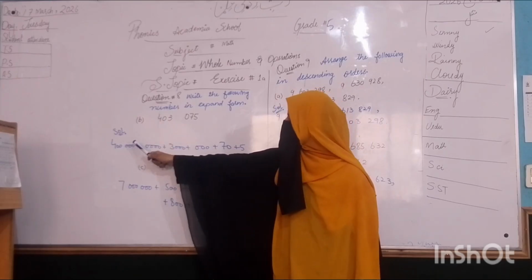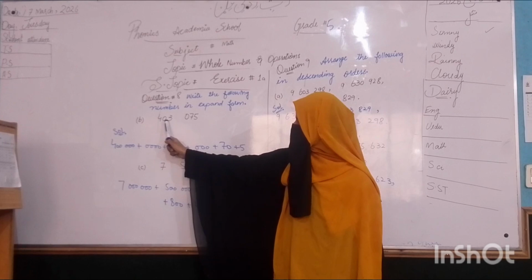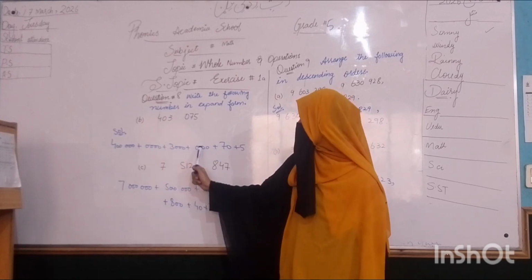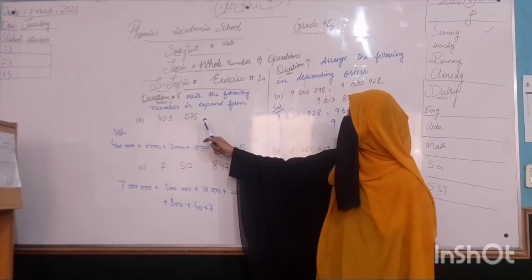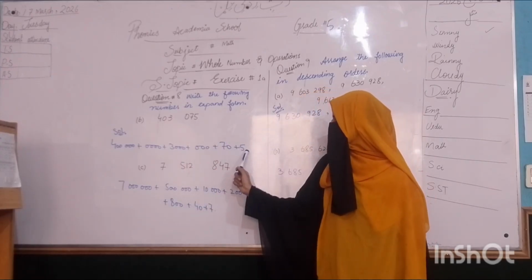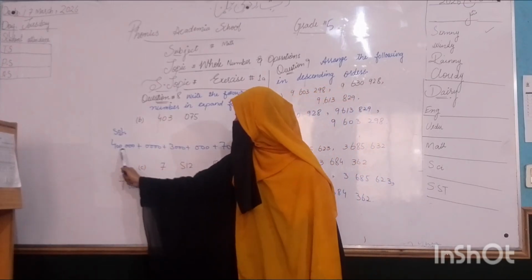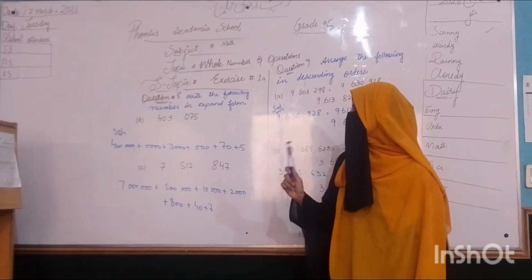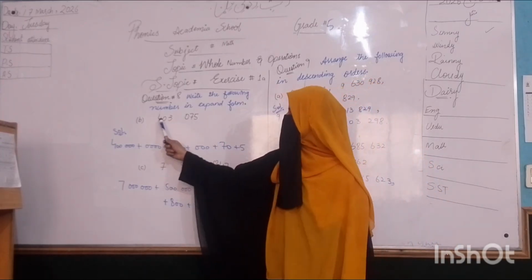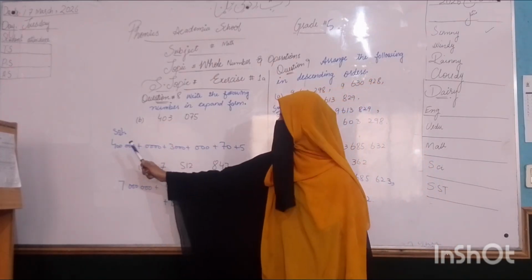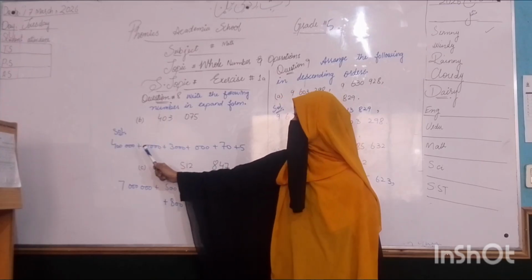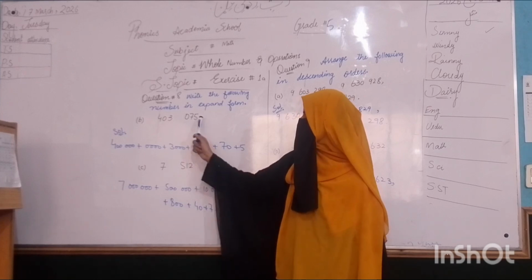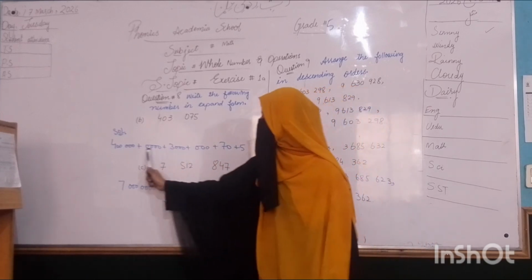The value of 4 is 400,000, plus 0 for the 10,000 place, plus 3,000, plus 0 because the value of 100 is 0. The value of 10 is 70 and the value of 1 is 5. This combination of the parts is called the expanded form, and you put the addition sign after each value. For example, the first value is 400,000 plus the value of 10,000, which is 0, plus 3,000 plus the 100's value plus the 10's value plus the 1's value. This form is called the expanded form.